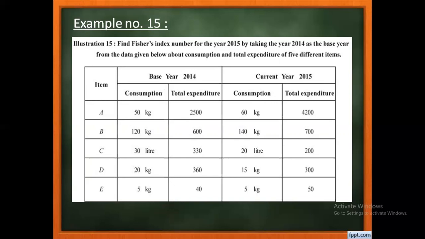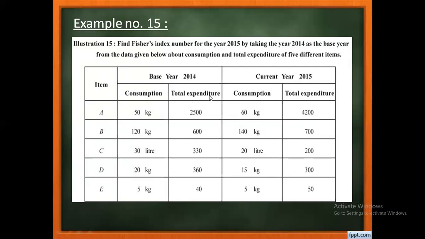Why? I'll give you one example, right? Say we go to a mall and there you purchase item A, right? 5 quantity you have purchased and each of them is costing, say, 100 rupees. So you have given how much? 500 rupees, right? But we require in our sum the per unit price. We won't require that 500 rupees, that total expenditure.